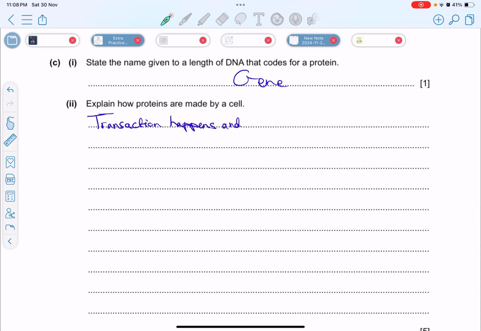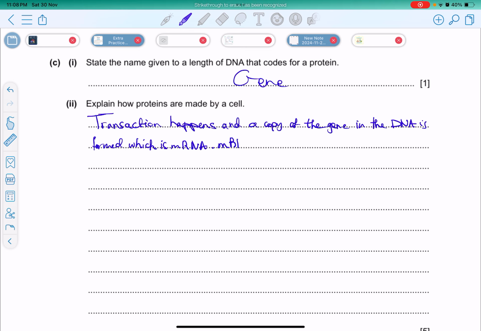State the name given to a length of DNA that codes for a protein. This is a gene. Explain how proteins are made by a cell. I can say that transcription happens and a copy of the gene in the DNA is formed, which is mRNA. You must mention the name. mRNA